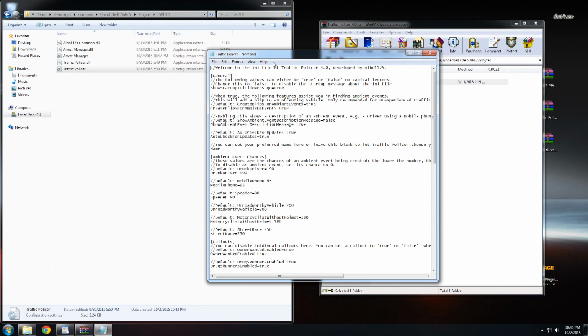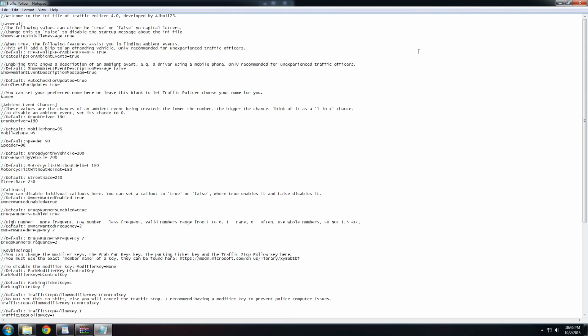Open it up. It'll open in Notepad. You can also do this in WordPad, but I like Notepad better. Now, there's a couple of things you can do. The very first thing I want you to do is, if you look down here, okay, this is what the